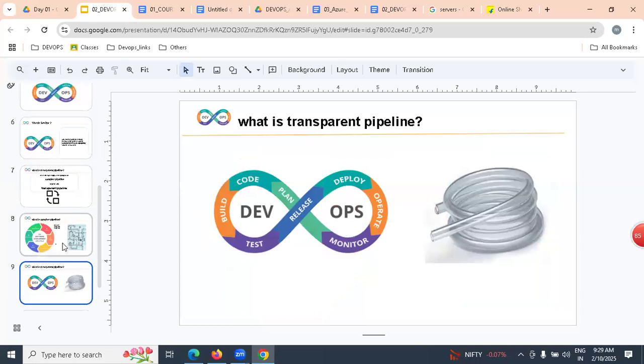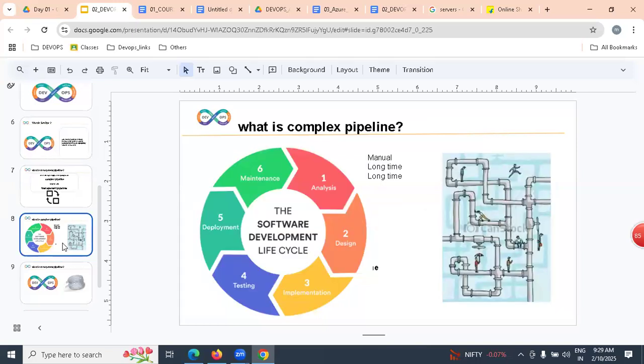Let us understand. Our SDLC process is a manual process. Why are we calling it a manual process? Why are we calling it a complex pipeline? Because there is no automation. Yes, true. Because it is a manual process from analysis to design, design to implementation, implementation to testing, testing to deploy, to maintenance.